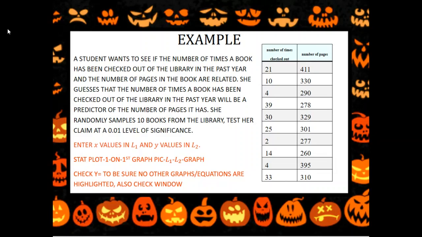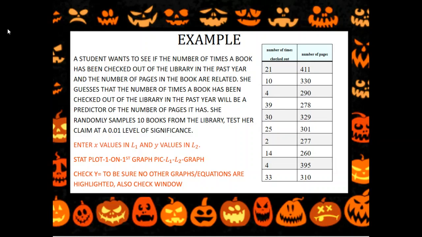The next thing you're going to want to do, look at these numbers. The X values, the smallest is 2 and the biggest is 39. You might want to check your window and make sure you're going to have those values. So if you go to window, what I did for my X's, I did 0 to 40. I asked it to go by 2s. That sounded decent. And then for the number of pages,